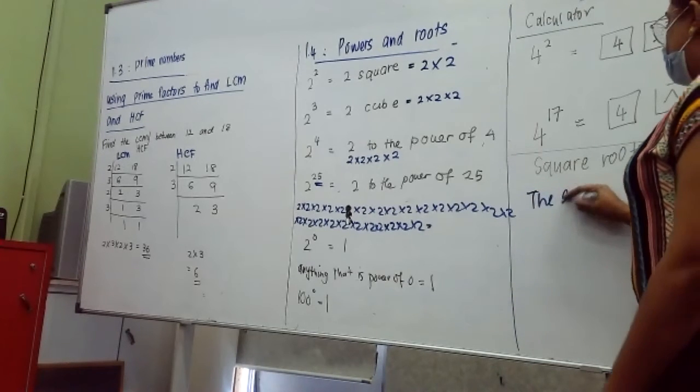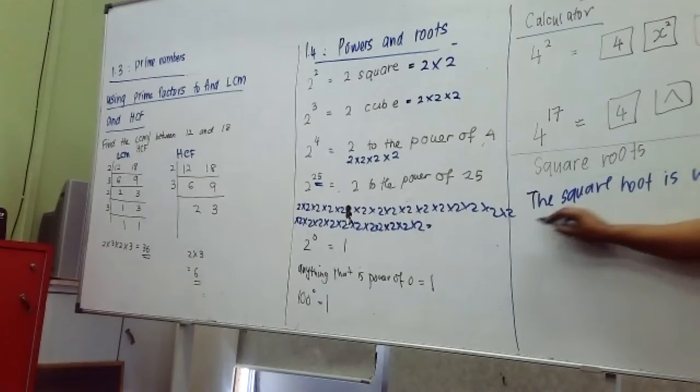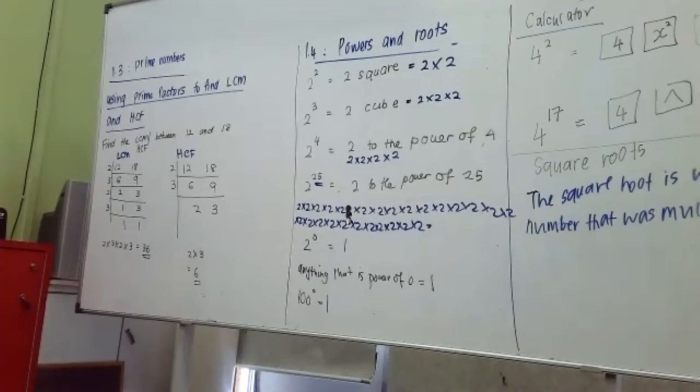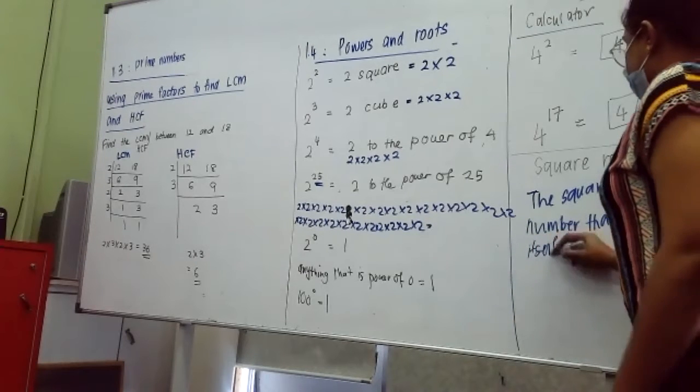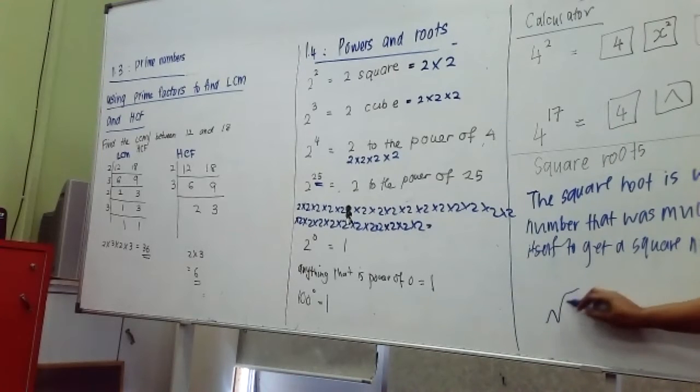Okay. The square root is where the number that was multiplied by itself. Okay, so square root of 25 is